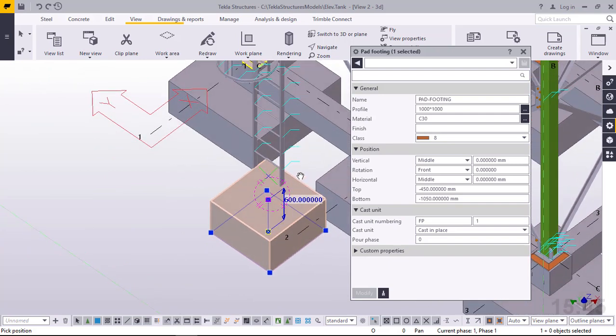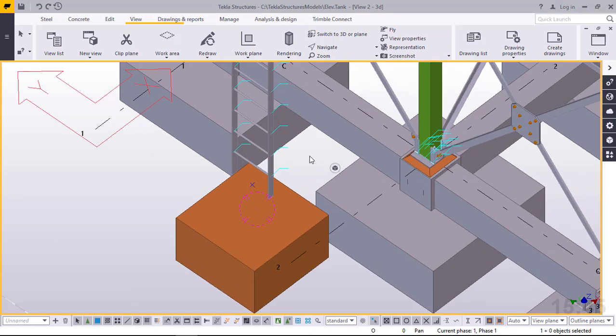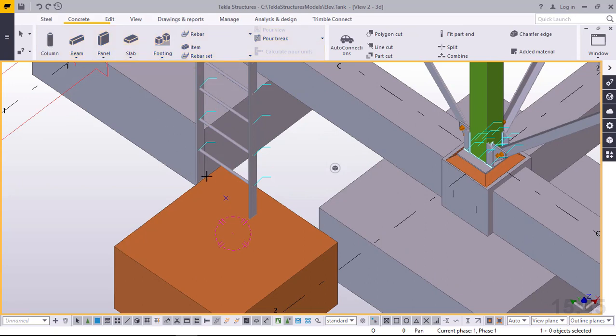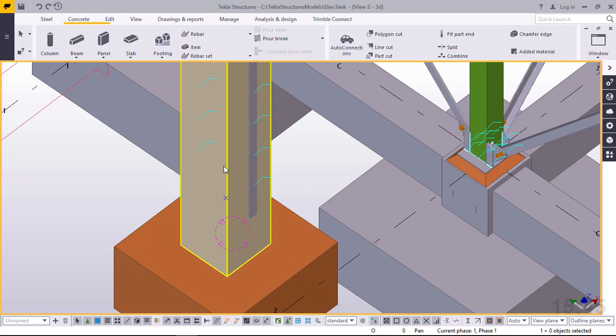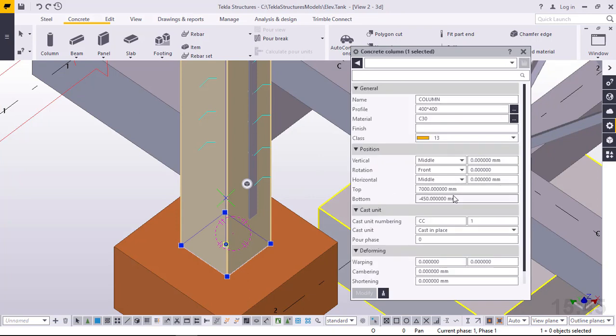Now we want to place our column. We'll close that. I'll click on empty screen. Now I'll come to column. I'll come to concrete here and click on column. Then I'll snap right here. Perfect. And I'll double click on this column because it has gone all the way to 7 meters, but we don't want 7 meters here. Instead of 7 meters, I'll change this to 0. And I'll allow it to penetrate down by